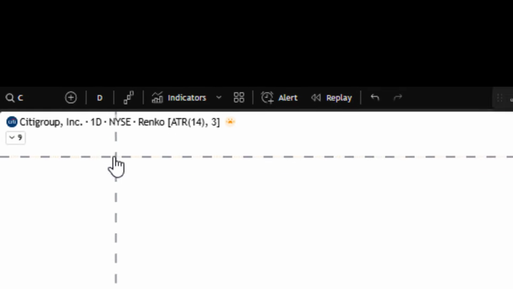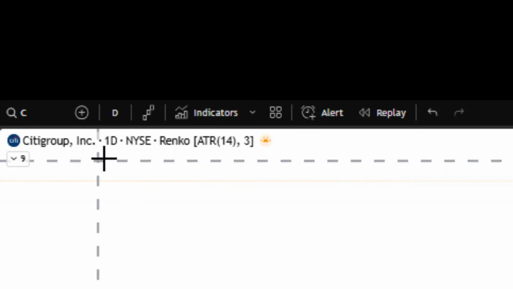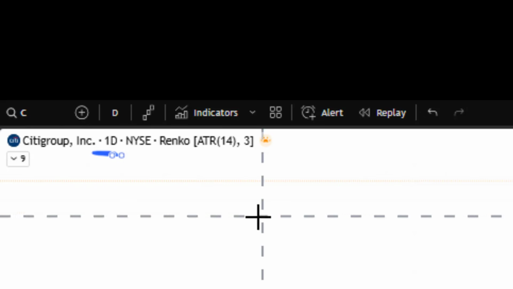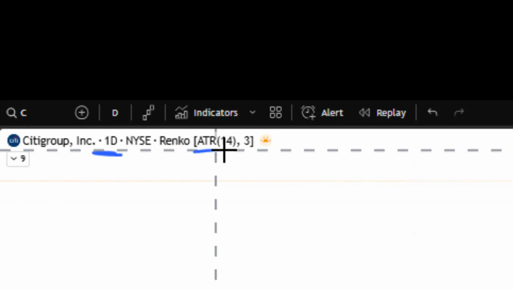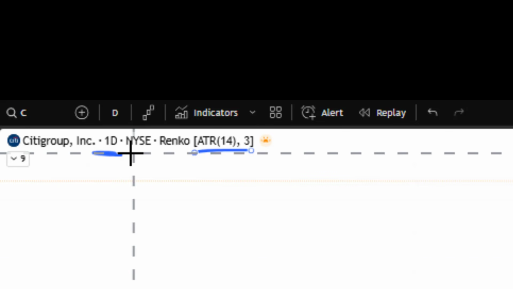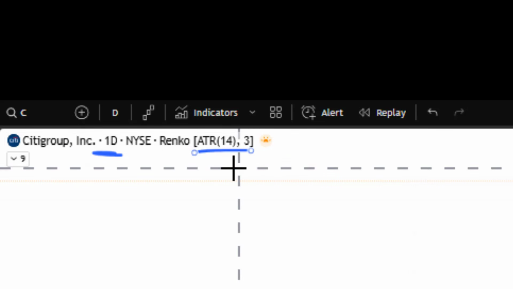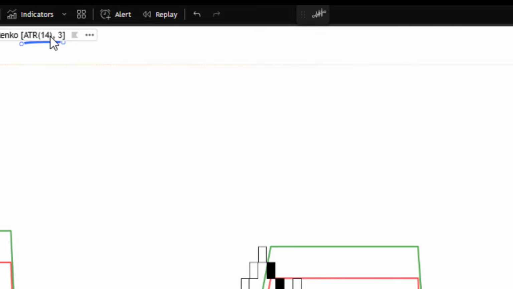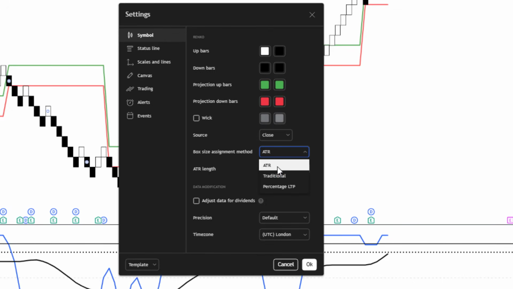Well, notice at the top there, I'm using a daily chart here. And at the moment it's set to just ATR. But to get the signals to work in TradingView, we need to turn that to a traditional amount. So all I do, no complexities here for block size calculation, because they are such longer term trades, I'm simply taking the daily ATR, and it's there set to 14. So for Citigroup we are using 3, so all I would do is lock that in, traditional